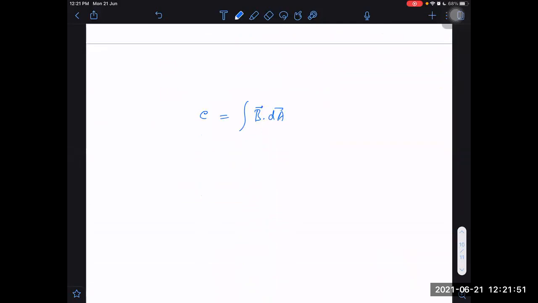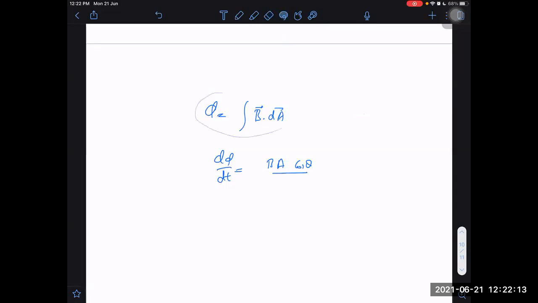Let me write again d phi by dt. Phi is this. What is d phi by dt? I think I can write it as B into A into cos theta. It will not be that simple sometimes. Why? I told you, B into A into cos theta we can write only if B is constant. If B is variable, then even this will not be applicable.